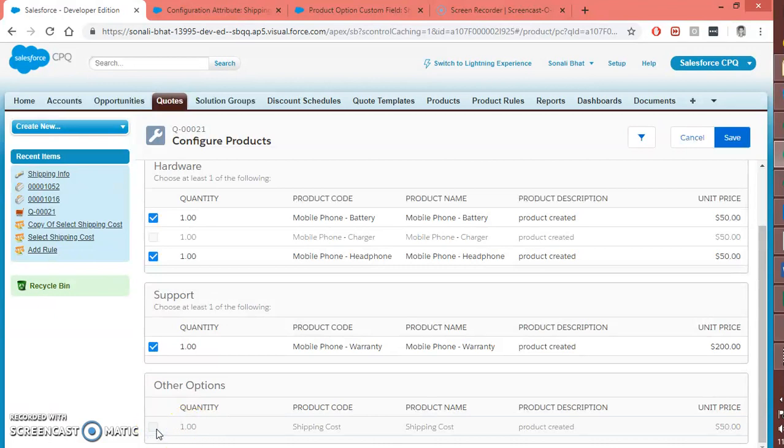In that case, we can restrict salespersons from choosing the inappropriate product option.